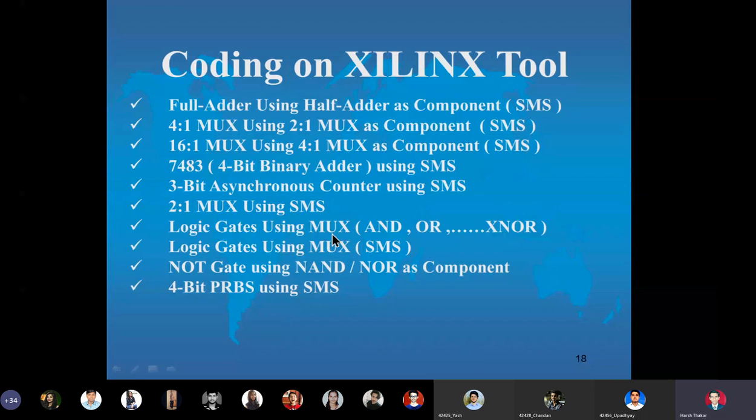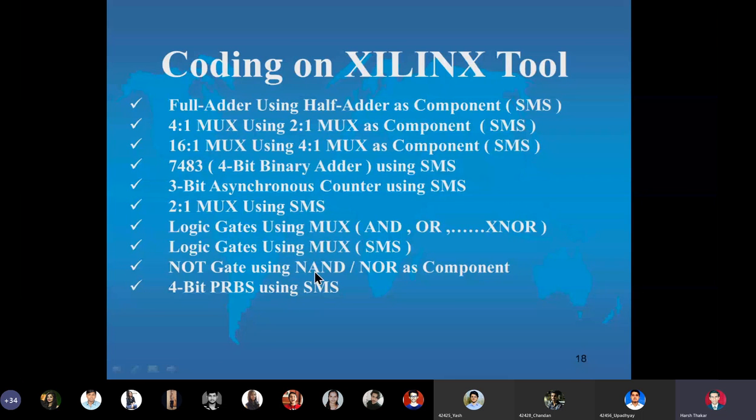Logic gates using mux. So the next concept is how to convert multiplexers into logic gates. Once we learn this, there is a generic algorithm which tells how to convert a multiplexer into any one of the 7 gates, that is NAND, NOR, NOT, AND, OR, XOR and XNOR. We will study that. Once we learn that, if we have written the VHDL model for a multiplexer, we can simply change that particular architecture body so that the multiplexer now starts functioning as one of the logic gates.